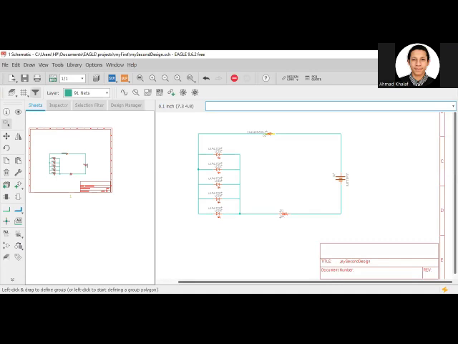So let me share the screen. So yesterday we stopped here, so this is where we stopped yesterday. We designed a circuit like this, where we used it to control